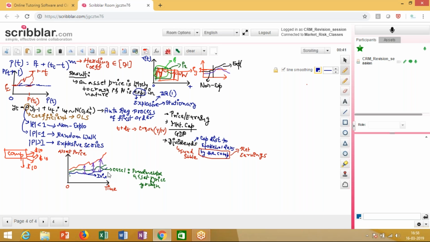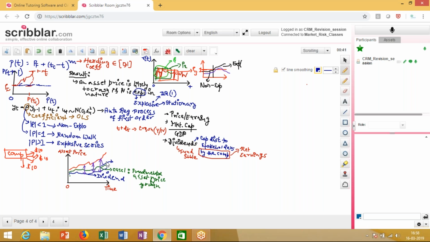So this is the dividend path. Now what I can see over here is that the gap between the dividend path and the asset price path is increasing continuously, and it is increasing at an increasing rate. And when it is increasing at an increasing rate, what you can clearly make out is that this movement